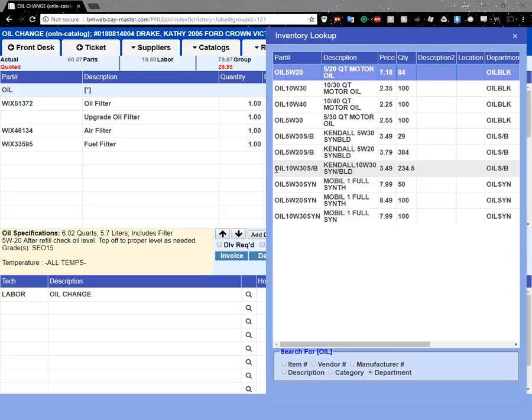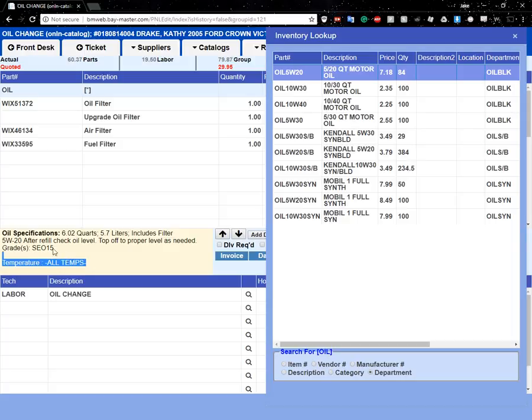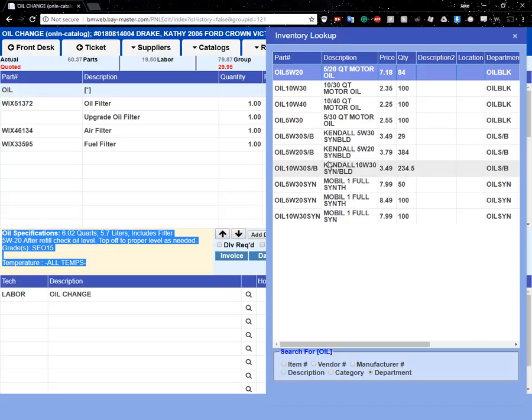For here, it'll show you, as usual, the motor specifications. For example, these oil specs, which is it recommends 6.2 quarts for 5.7 liters, and what type it recommends. So it recommends the 520. We're going to select here,